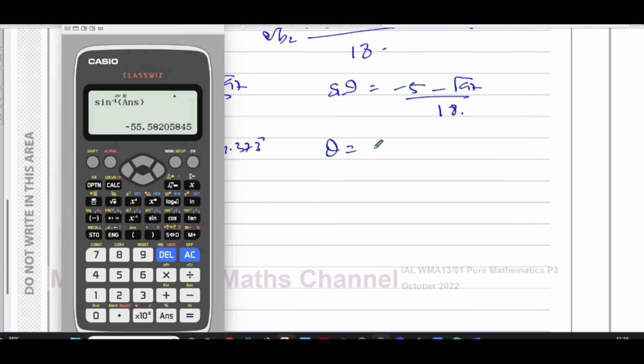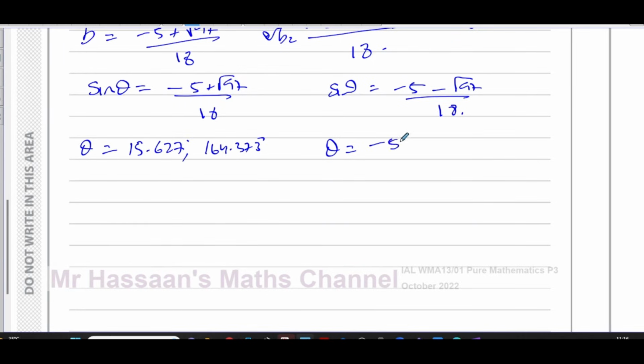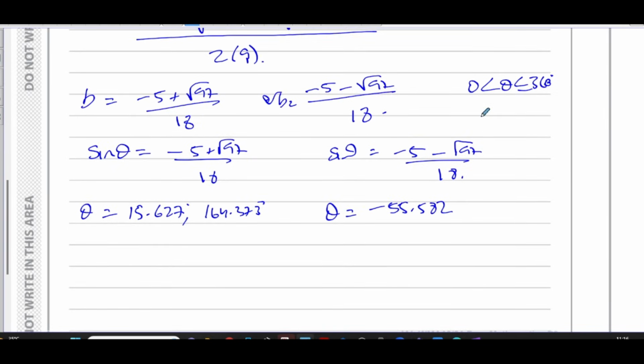Okay, it's going to be negative 55.582. Negative 55.582. Now that is outside of our range. However, it doesn't mean there are no angles within our range that have this ratio. We've got to be very careful about this. Basically, what we've got here, in this case, what we had